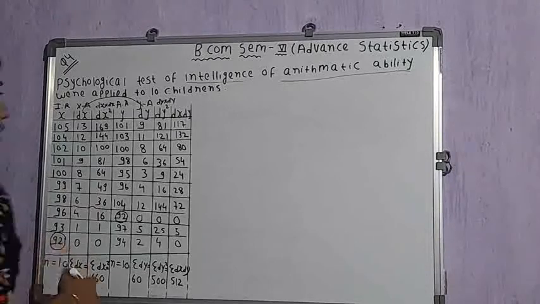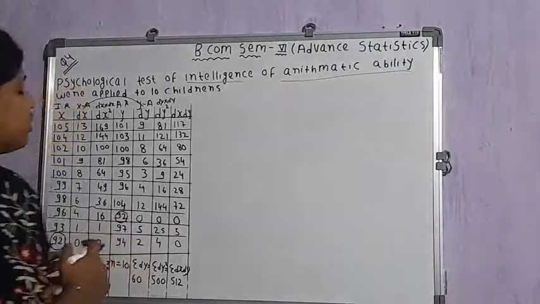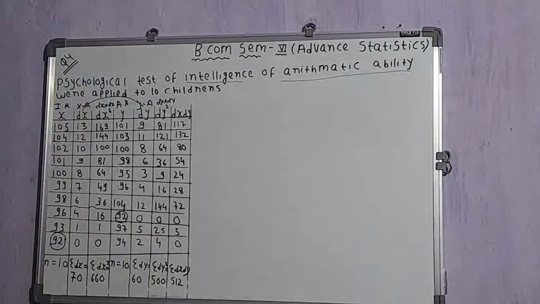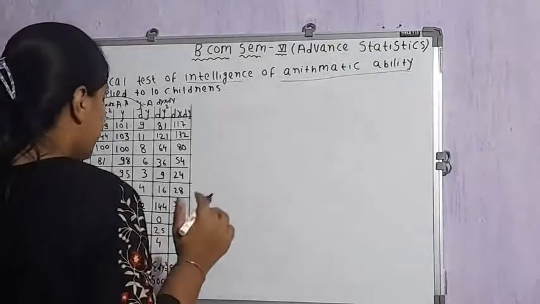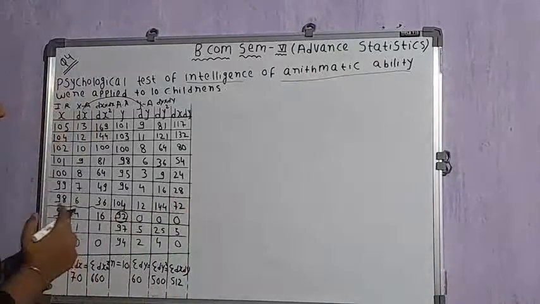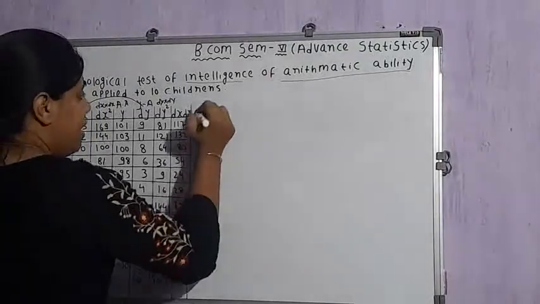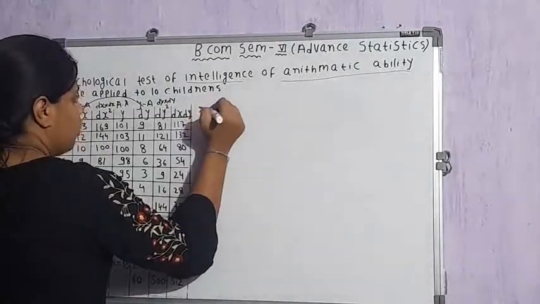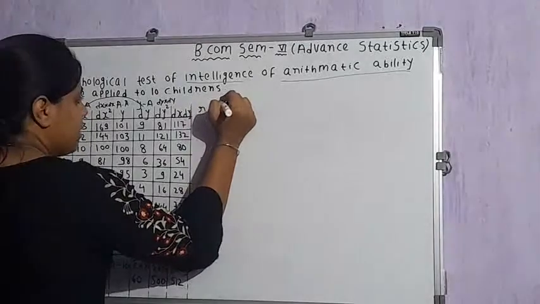Now what is the next step? The next step is application of the formula for calculating the Karl Pearson's coefficient of correlation. So what is the formula for calculating Karl Pearson's coefficient of correlation? It is R. R represents Karl Pearson's coefficient of correlation. R is equal to